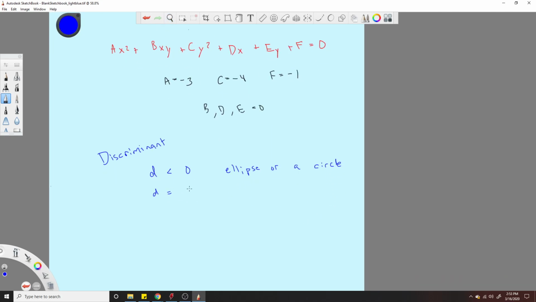When D is equal to 0, you have a parabola. And when D is greater than 0, you have a hyperbola. So we need to find D, and once we find that, it'll tell us which of these it is,